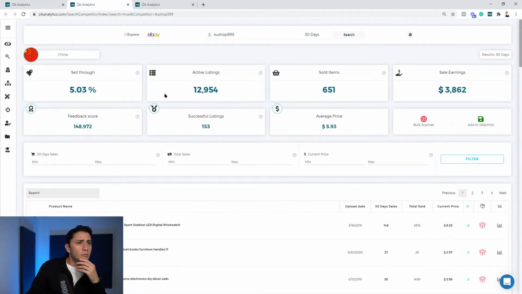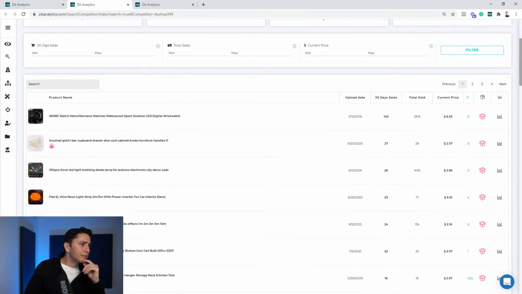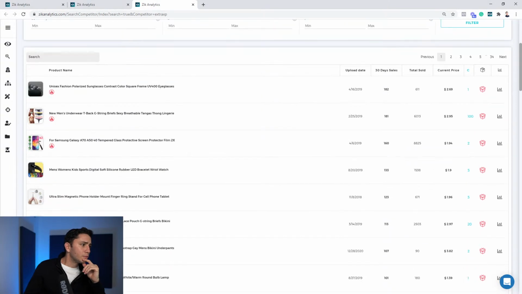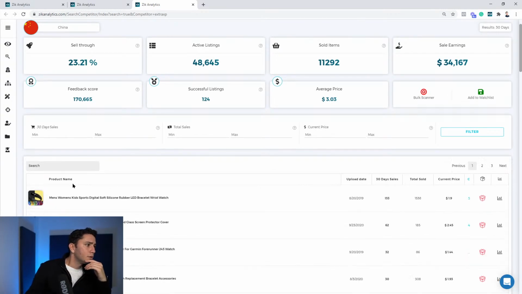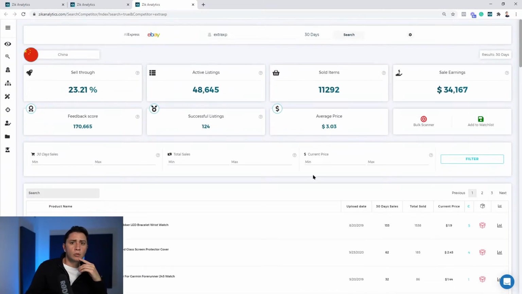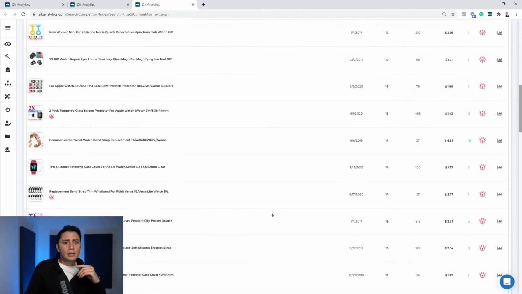And then I will try to identify the sellers who are focusing only on watches. Now, this seller is not, as you can see. This seller also not. I can write here, watch. And I see this seller is not focused only on watches, but he has 48,000 active listings, and he sells a lot of watches. So this is also good.